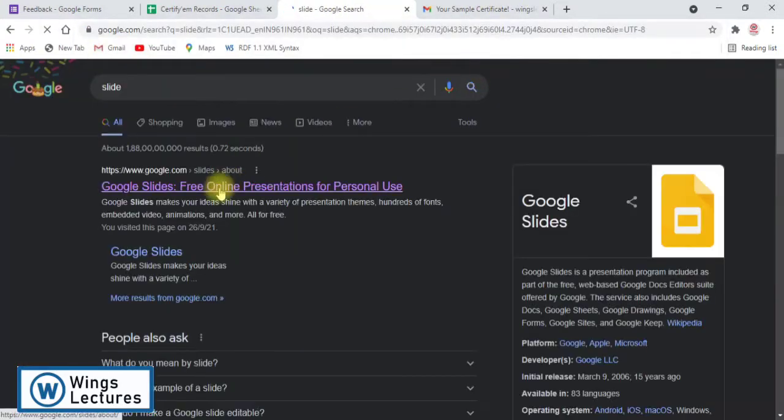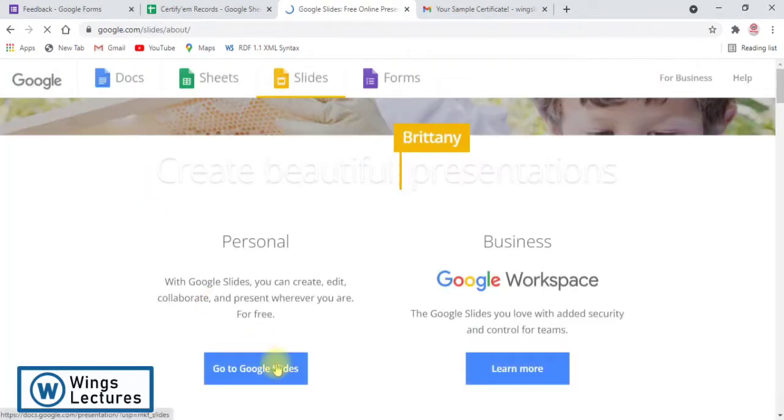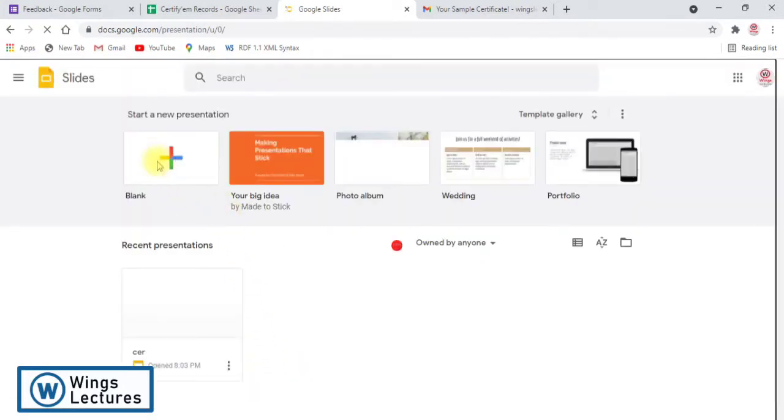If you type "slide", you'll get Google Slides. Click on this, go to Google Slides. You have to use the same mail ID, that is very, very important. Click on blank slide,